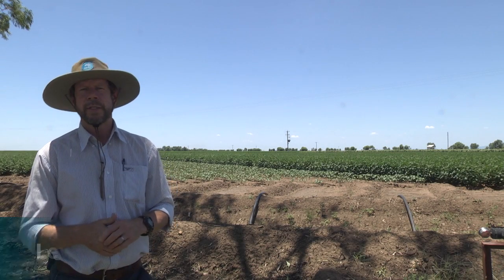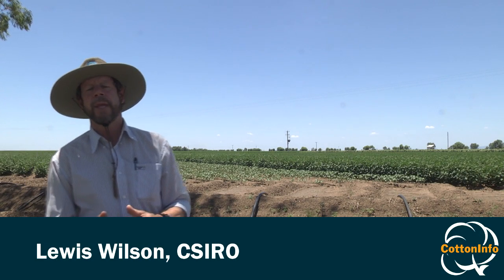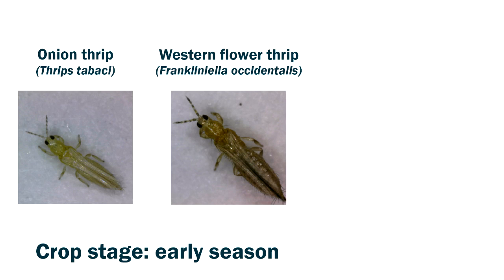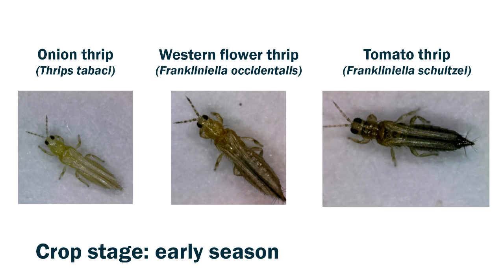Thrips are one of those pests that turn up in most regions every year. Some years are worse than others. There's three main species of thrips that we find in cotton. Early season we mainly find onion thrips and western flower thrips. In some years a third species, tomato thrips, is also prevalent, but in most years by far the most abundant